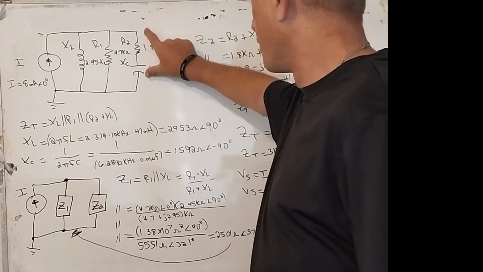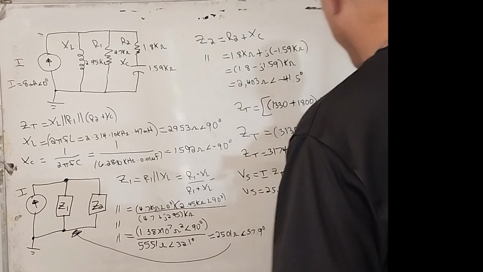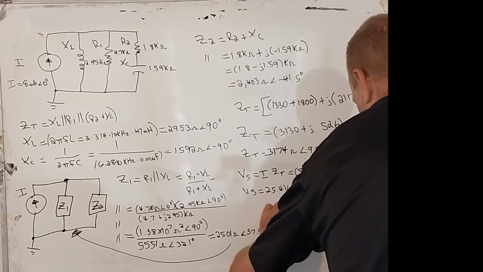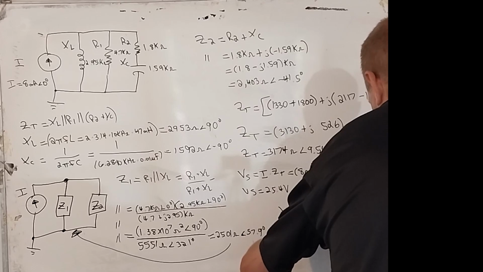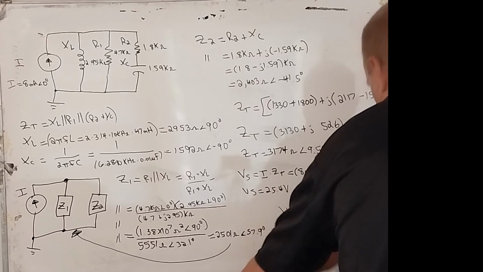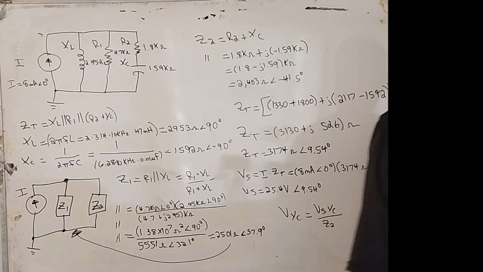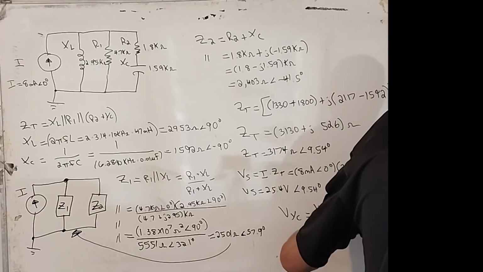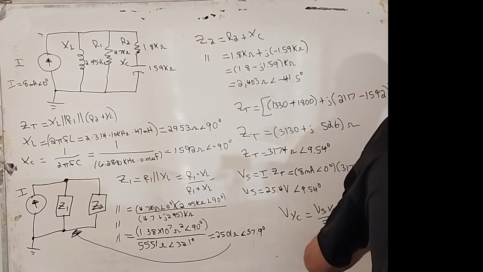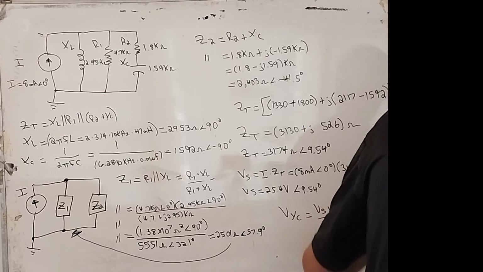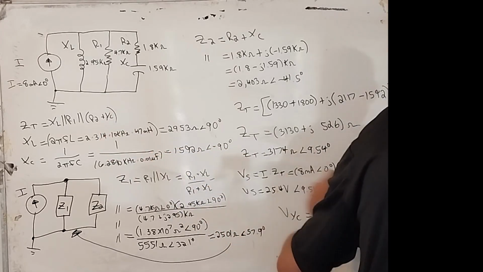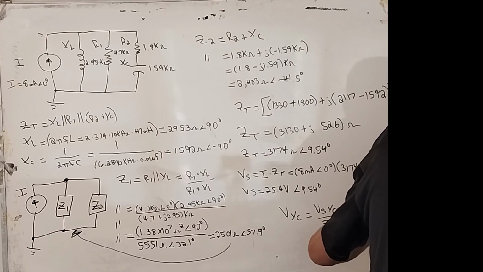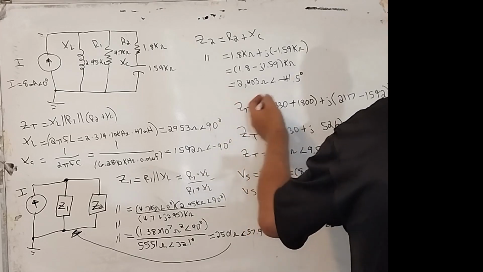Well, we know the voltage across both of them, so we just do the voltage across X of C. So V X of C is equal to Vs X of C over Z sub 2. Z sub 2 represents that value, so we have this times X of C. X of C we have is 1592. And that's all over Z sub 2. And we already calculated Z sub 2 is 24